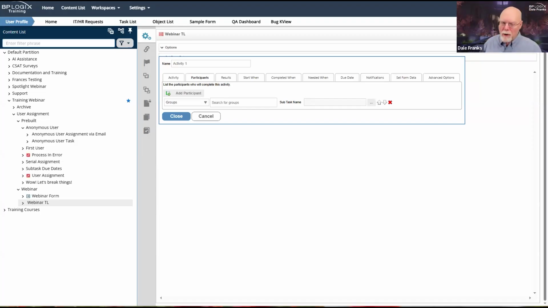So groups is our primary recommendation. However, there is a problem with that recommendation, which is that to be able to make changes to a group, I have to be a system administrator. And therefore, only a system administrator can go in and make that change to a group, which means the process manager can't directly make those changes. That may not be the way you want to manage it. So our fallback position is that we assign by business rule.